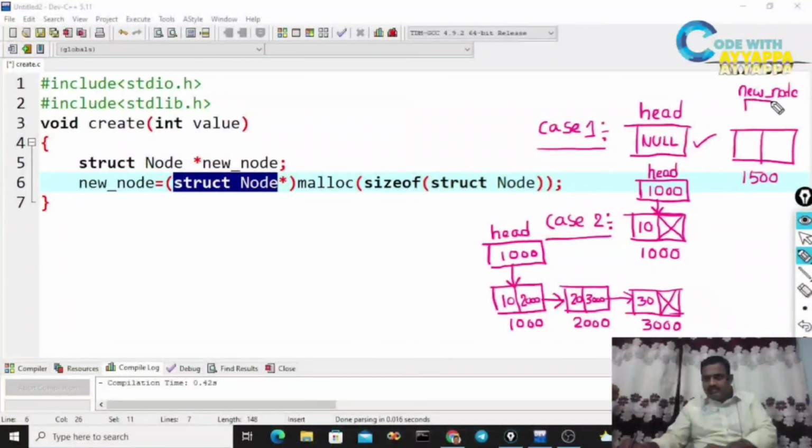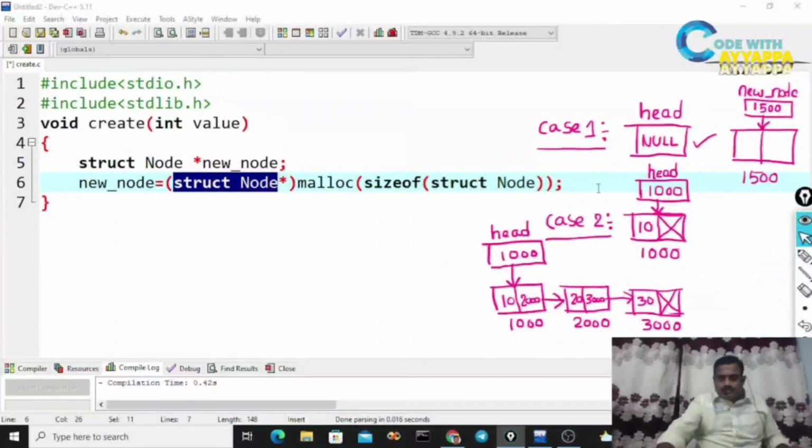In this pointer variable, the address of this memory location, 1500, is available. That is nothing but this is going to point to this memory location. Now the memory is allocated. So after executing this line, the memory will be available for the node.